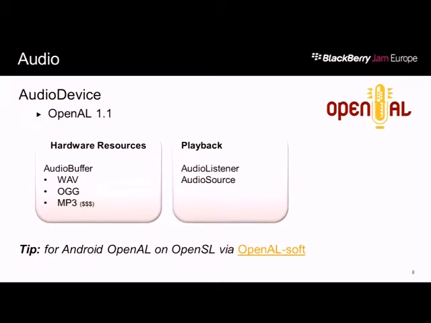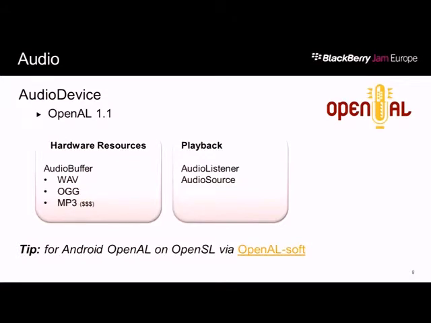OpenAL. I recommend to everyone for games to use OpenAL. Basically 1.1 is the version that everyone's using. The hardware resources are just the buffer, really. Behind that, usually there's a couple of mechanisms. You either load it or you can stream it in. A lot of times loading is a practical way. Another option is a load with a lazy stream, so you're basically lazy loading. You just buffer up what you need, and then you stream in for the load. But you usually just need it all loaded. Music's different. Sometimes you might want to stream the music. So there are some different ways to do the buffer: load versus stream.